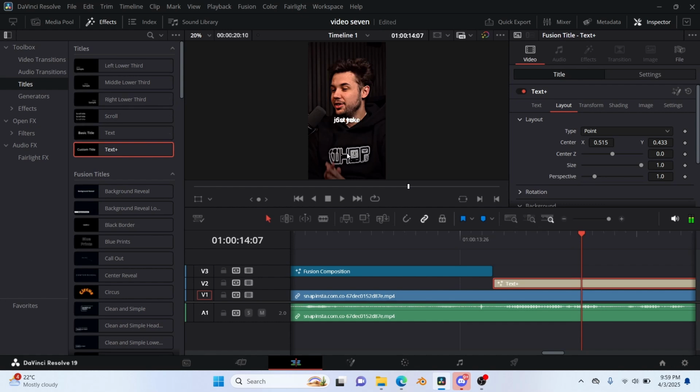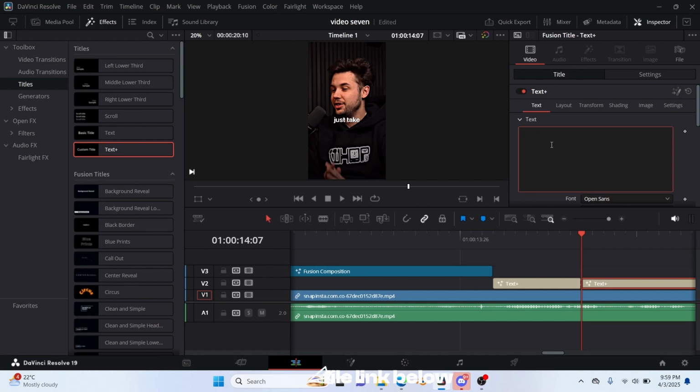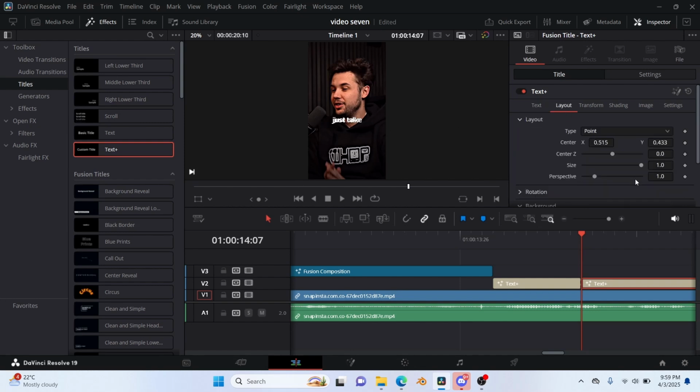So here is just take. Now you're going to highlight this text, Control B. You're going to cut it here, and this text you're going to write just take. So that's what you have to do, and you look at it, it fits the same. You just need to play with these values like that,